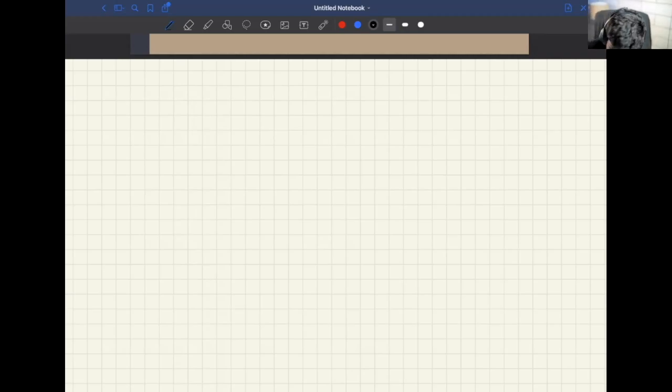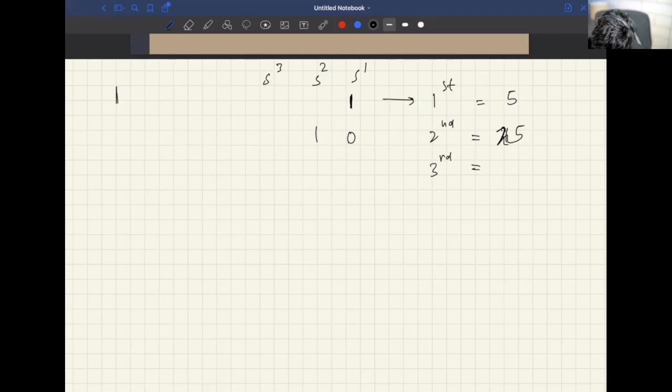So if I'm saying magic number, what is a magic number? The first magic number is basically 5 raised to power 1, 5 raised to power 2, 5 raised to power 3. So if I say just 1 over here, this is the first magic number, which is equal to 5. Second magic number is going to be equal to 25. Third magic number is going to be equal to, what is 3 in binary? 1, 1. So this is actually 25 plus 5, 30.